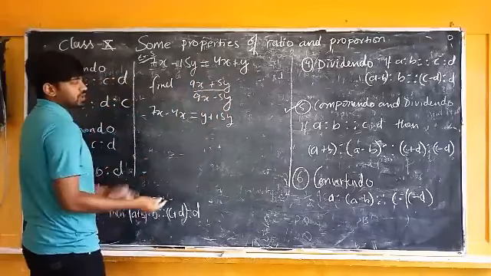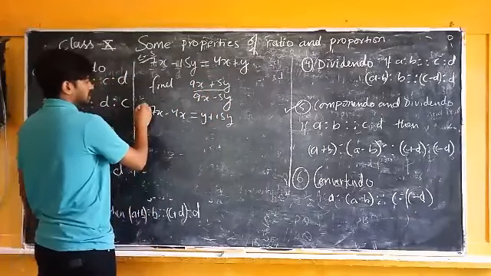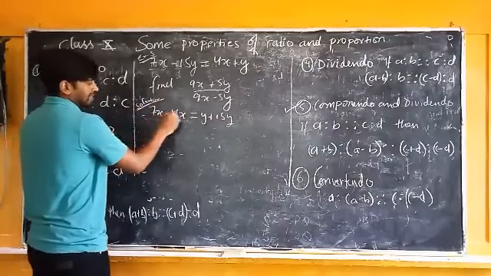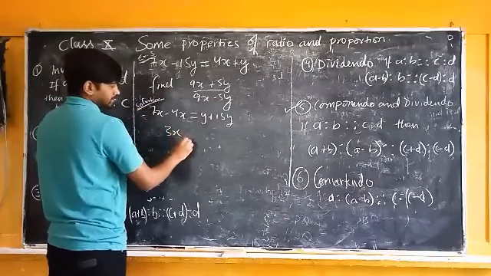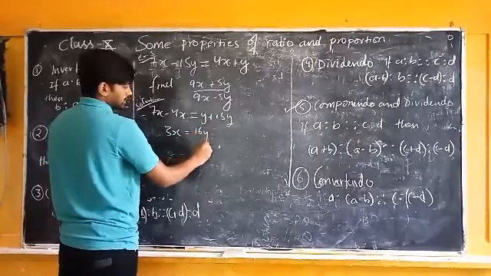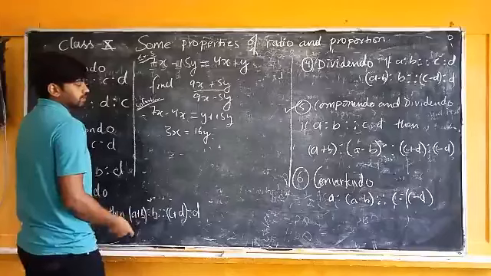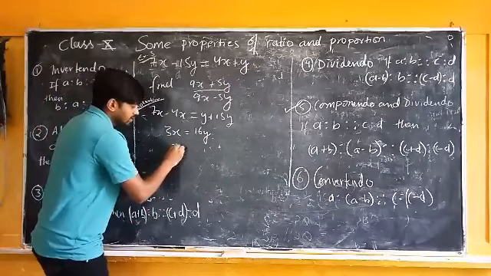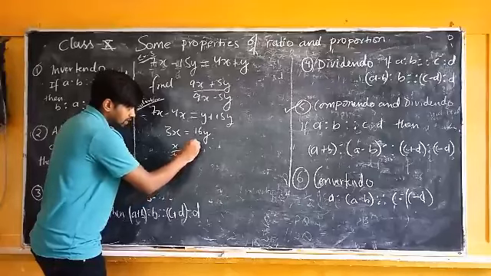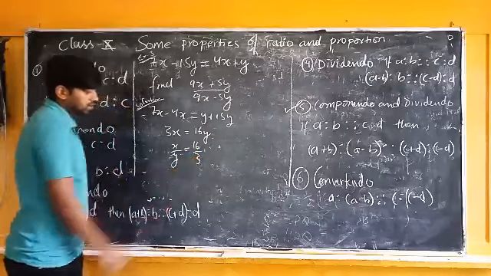I changed or replaced the like terms on one side, so this is the solution that I am doing for you guys. 7x minus 4x is 3x equals to you can see 16y, you guys can see that, और x नीचे आ जाएगा और y यहाँ से नीचे आ जाएगा और 16 हो जाएगा, 3 नीचे चल जाएगा।